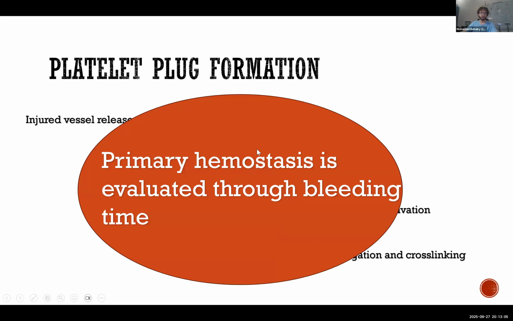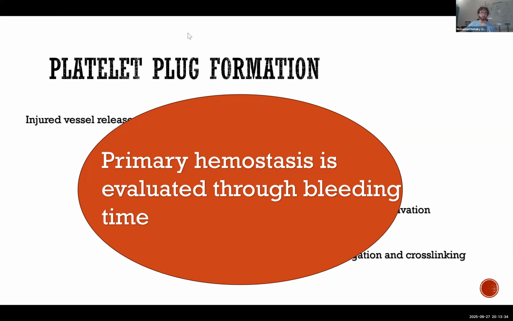Okay. Now, I want you guys to know this is very important. Memorize it like your name. Primary hemostasis, if we want to evaluate if it's working well or not, we do this through measuring the bleeding time. What is primary hemostasis? It's basically the formation of the platelet plug. So if we want to measure how well these plugs are working,